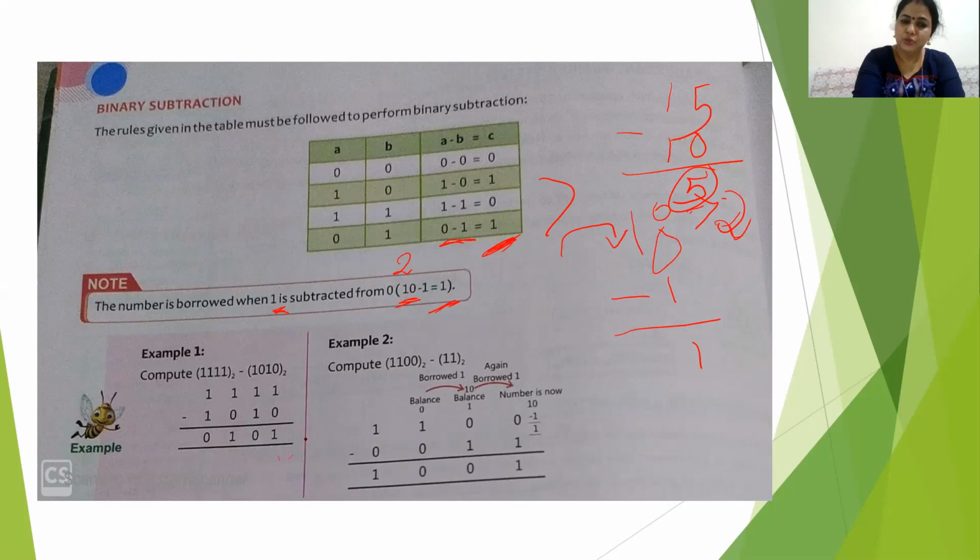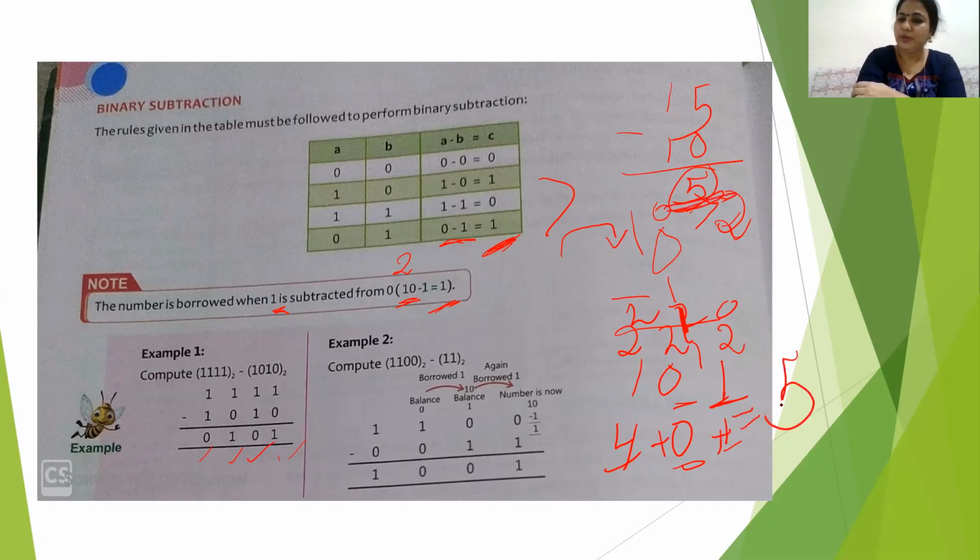0 subtracted from 1, that is 1. Here from the table, 1 minus 1, that is 0. 1 minus 0, that is 1. And 1 minus 1 is 0. Now it is 0101. Actually the number is 101. So that is 1, 0, and 4. So it is 2 to the power 0, 2 to the power 1 and 2 to the power 2. 2 to the power 2 is 4. 2 to the power 1 is 2, but multiplied with 0, that is 0. 2 to the power 0 is 1, 1 into 1, that is 1. Okay. Now 4 plus 0 plus 1, what will the result be? That will be 5. So the result is equivalent to 5.